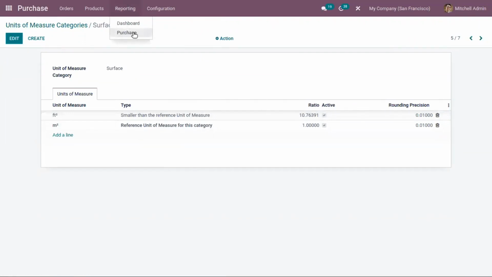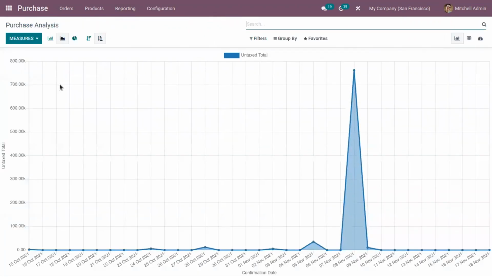The next we have purchase analysis report. So we can analyze the performance of your purchases by looking at these reports. So let's open the purchase analysis report. If your company regularly purchases products, you have several reasons to track and analyze your performance. These reports will help you to get better forecasts and plan your future orders.